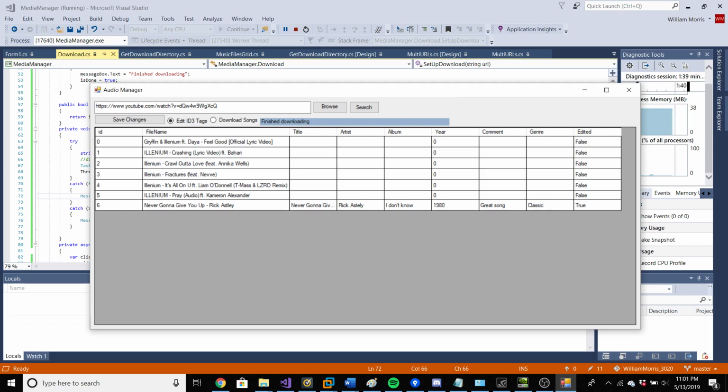The edit function over here on the right just lets you see what changes are going to happen. So when I click save changes, it's going to save all the changes I made here to the file name. The reason for the ID here on the side is just that it's a way for the filing system to save the files after putting them in this database here. So then if we were to close this out